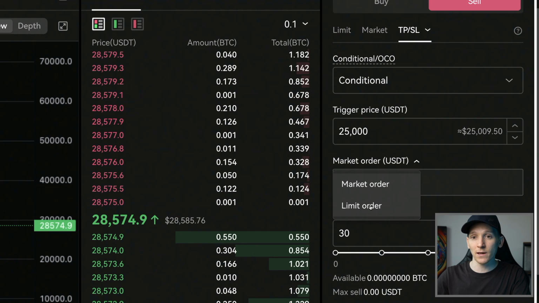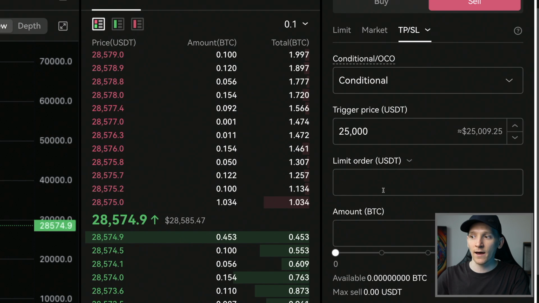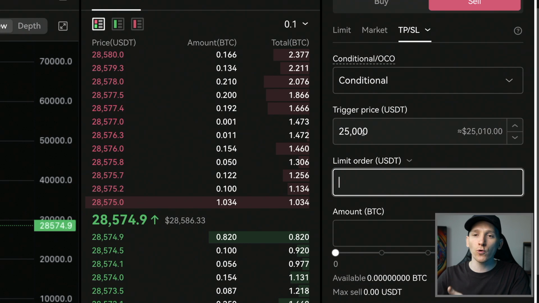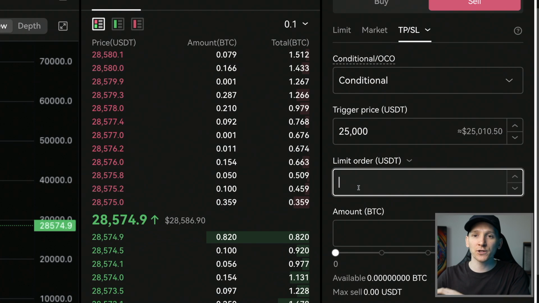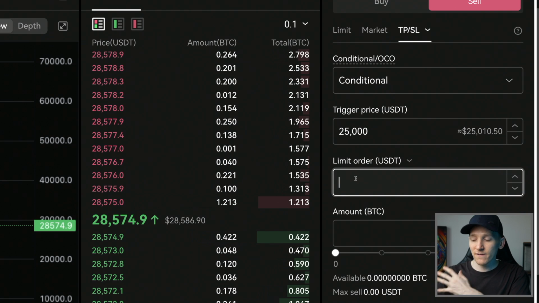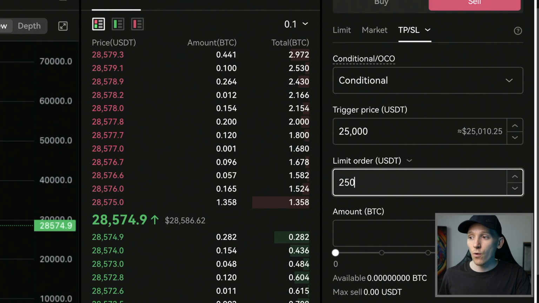You can also enter a limit order at that price as well. So if you press that, you get a different box here because the trigger order only triggers the actual order that you want to put in. So if you have a trigger price of 25, you can still put a limit order in at 25. So that's the same. Or you can say